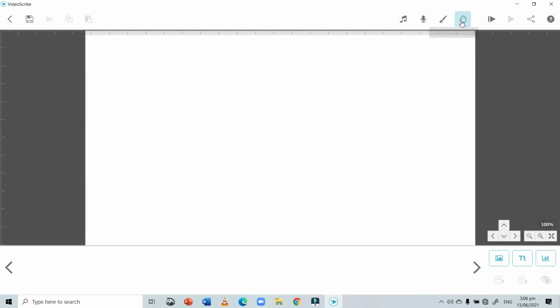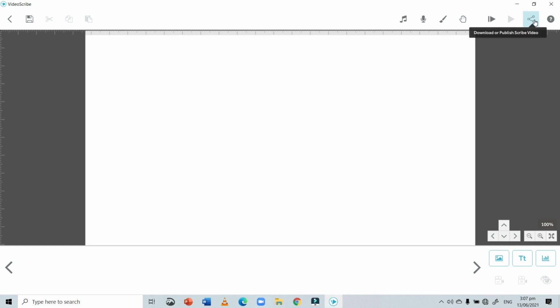The default hand is already selected, and this is the option to play from the start. If you have added something on your canvas and you want to just have a preview, you can click on this, so the preview will start from the very first element on the timeline. Okay, I'll let you know how it works later, but just for the introduction. And here this button is clicked when you select an element onto the timeline, so the preview starts from that very element.